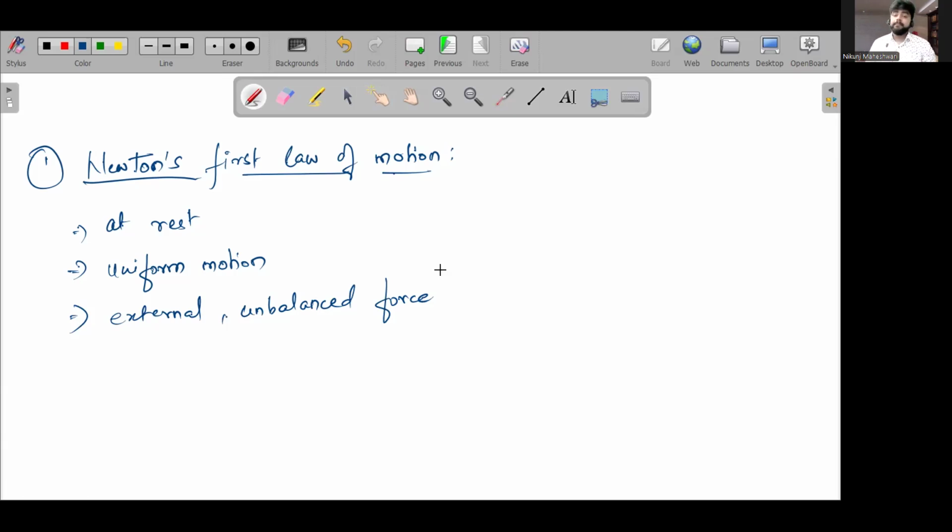Now, again, all the brilliant minds here in the class might ask, sir, again, you are complicating things. That time you introduced surrounding and time. Now you have introduced two new words, external, unbalanced. Why can't we simply say force? An object is there, it will remain at rest. If I apply force, it won't remain at rest. So simply say force. Why are we calling it external unbalanced force?